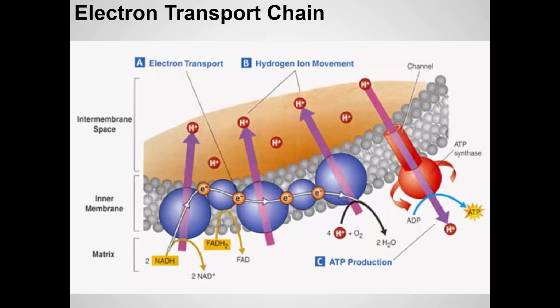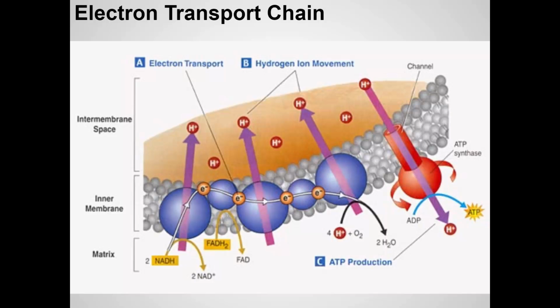Same thing that happened in photosynthesis. You build up the protons on one side, and what happens? What happens to those hydrogen ions after you build them up on one side? When they go through the ATP synthase, making ATP. So you're building up protons on this side, eventually they come back through ATP synthase, just like in photosynthesis. And that's what generates the ATP that's coming from the electron transport